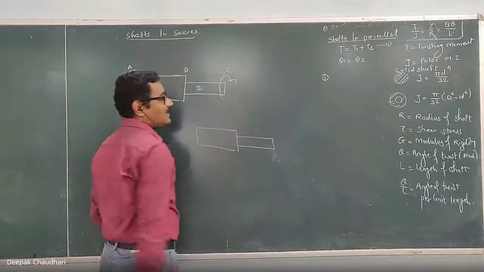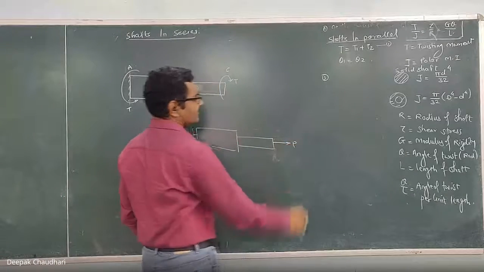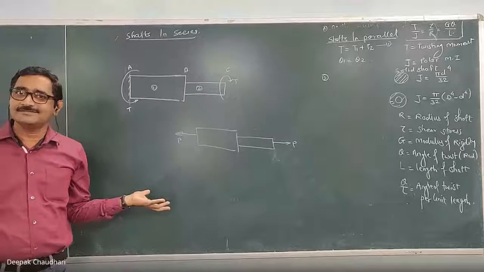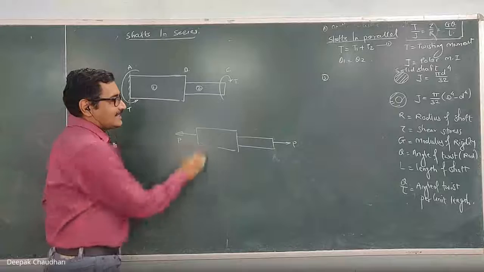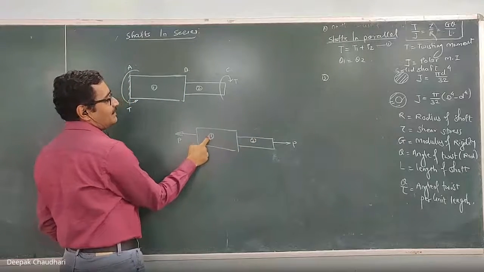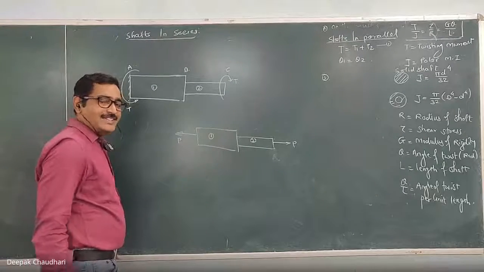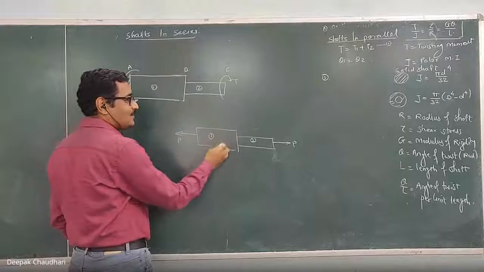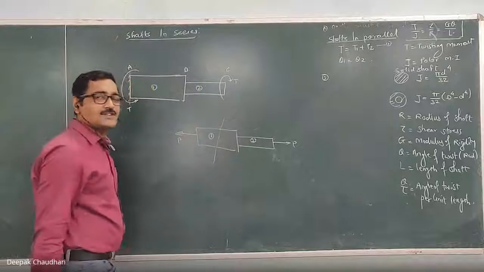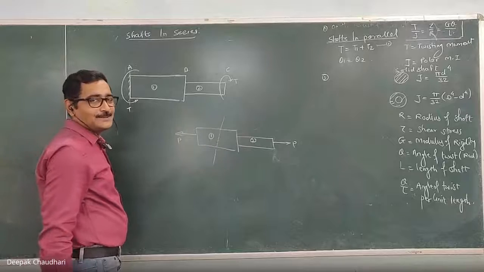It is similar to what we have studied when materials are connected in series and subjected to some axial force like this. It is analogous; only instead of axial force, here it is a torque. If these are material 1 and material 2, how much is the axial force acting on material 1? How do we calculate the axial force in any part? We use an imaginary section and take the algebraic summation of the axial forces on any one side to get the axial force in part 1. Exactly the same thing you have to do here also.